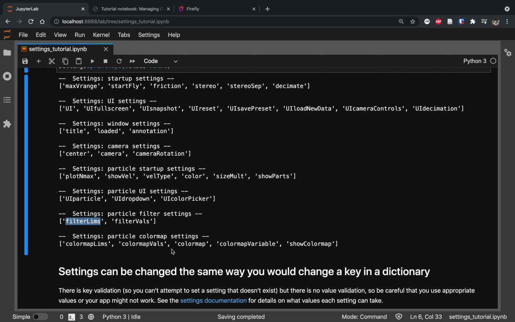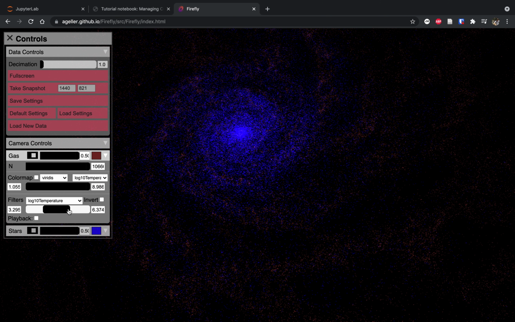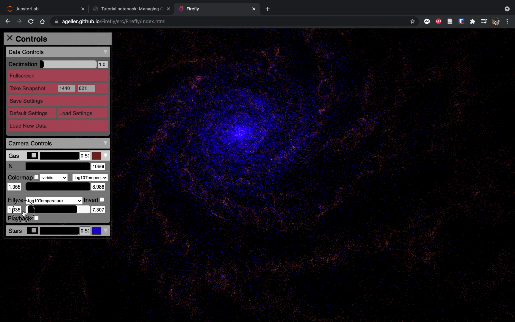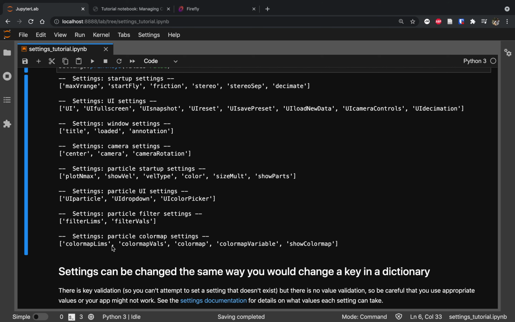And then the filter vals will affect the location of the ends of the black bar. So you may want these in different places if you, say, want to start up your app kind of like this, but allow users to be able to drag the black button without having to type in something to redefine the filter limits. Likewise, there are color map limits and values that do the same thing with the slider,